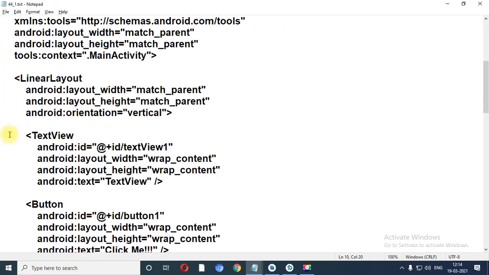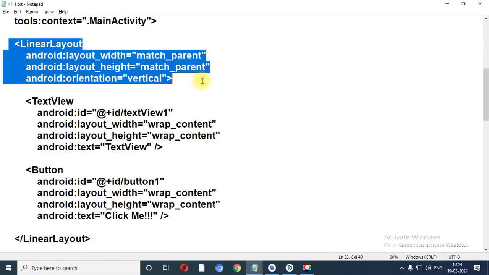Inside that I have taken one linear layout which contains orientation property as vertical. Inside the linear layout I have placed two widgets. One is called text view and the other is called button. So in the Java file I need to create